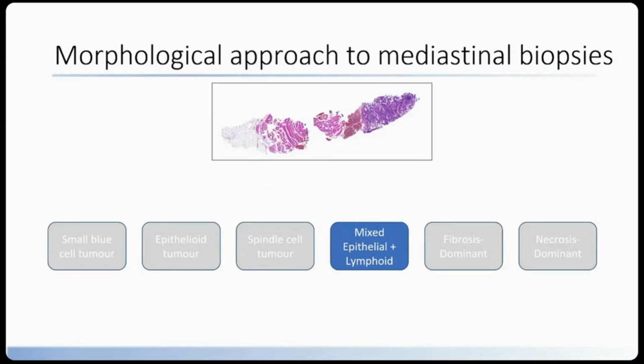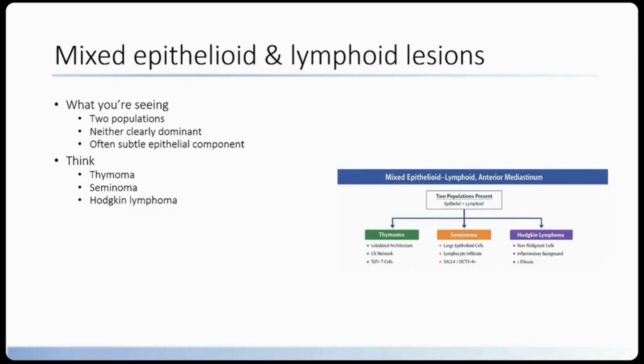Okay, so as you can see, there's a huge amount of overlap in all of these, but hopefully by starting with the morphology, we can start to narrow down exactly where we're at. So, mixed epithelial and lymphoid lesions. Hopefully you're going to say, oh, but David, we've already talked about all of these. And we have, and it's just to emphasize the variety of